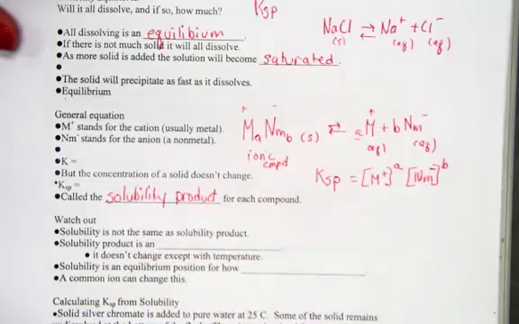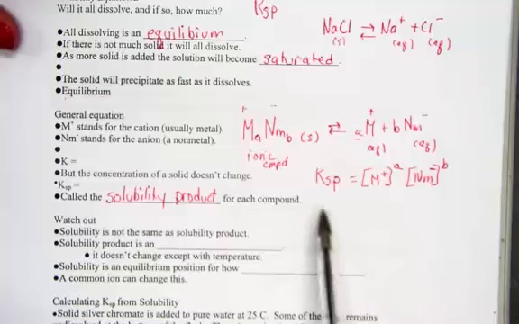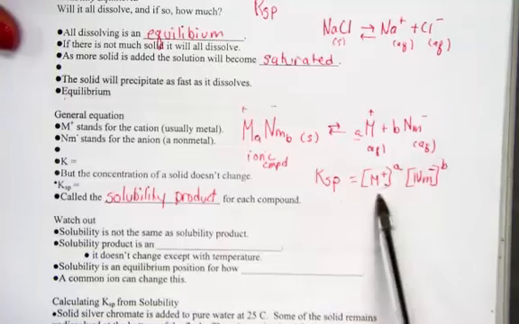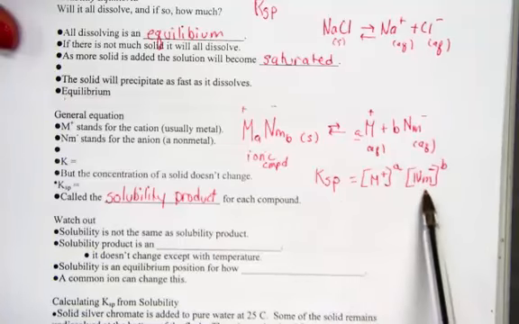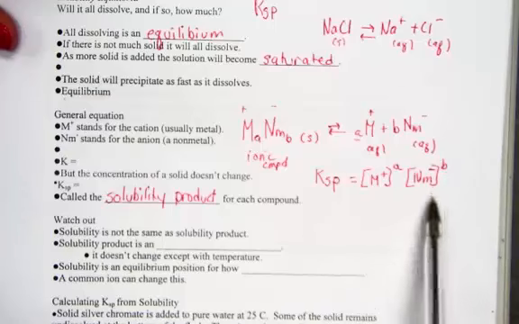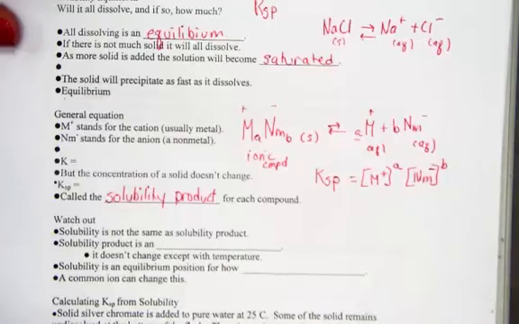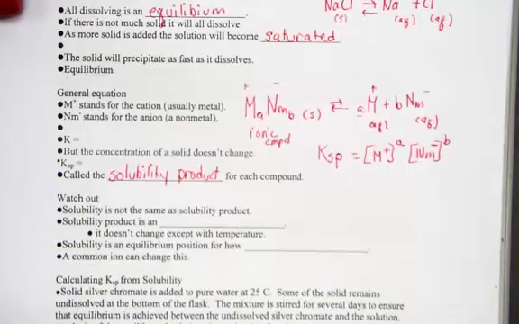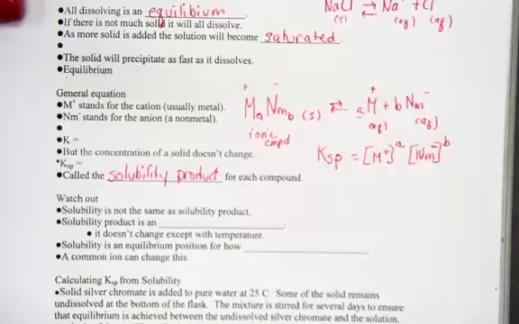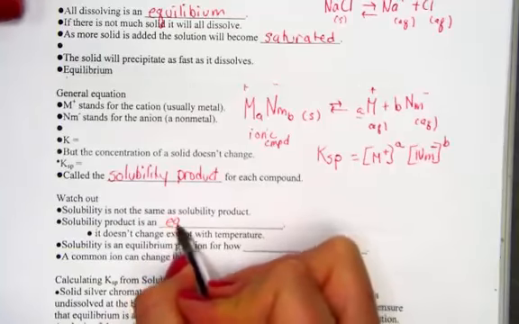The solubility product for an ionic compound as it dissociates in water is simply the metal raised to its coefficient, the nonmetal raised to its coefficient, the solid drops out. It says, watch out, solubility is not the same as solubility product. Solubility product is an equilibrium constant,